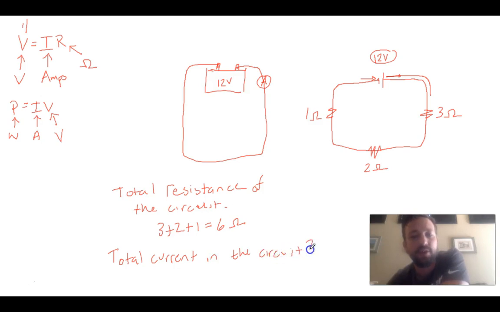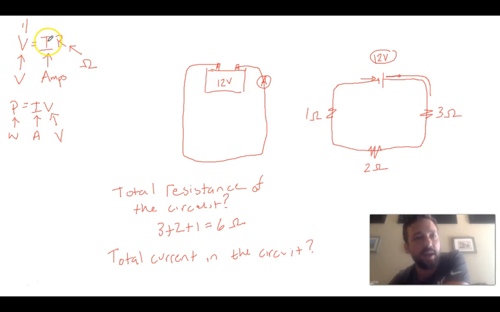Okay, so that's like 2 types of questions that I'm going to be asking. What's the total resistance in the circuit? What's the total current in the circuit? So if you want to figure out the total current, well, I know the total resistance, and I know the total voltage, so I can come over here to my formulas,